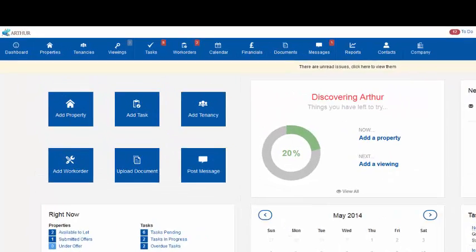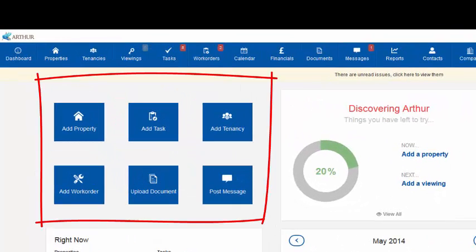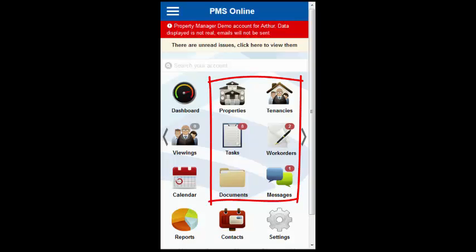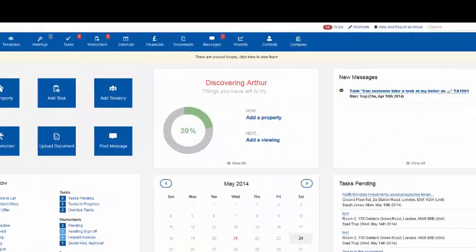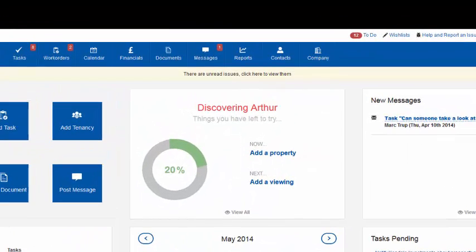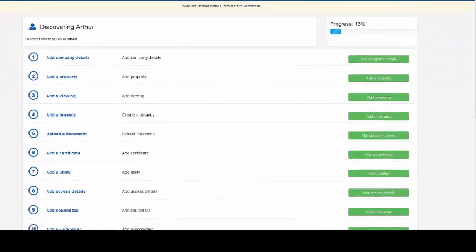The first panel are quick links to the most commonly used functions, such as adding a work order or tenancy. These functions are available via the mobile app through the icons on the main dashboard. Discovering Arthur measures your progress against the number of functions tried against the number available to you. The View All at the bottom of the panel will take you through to the list of available functions not